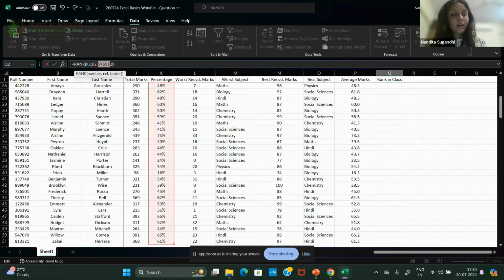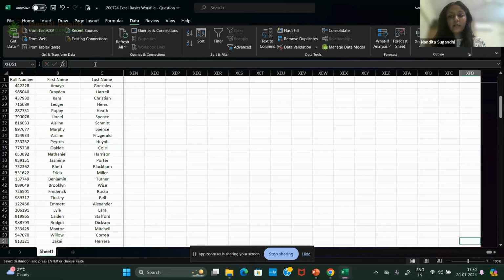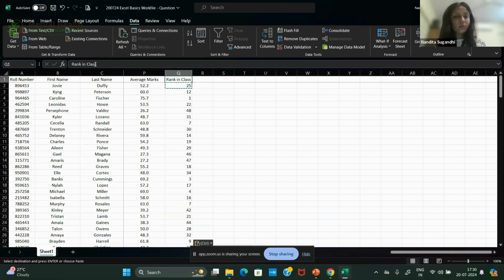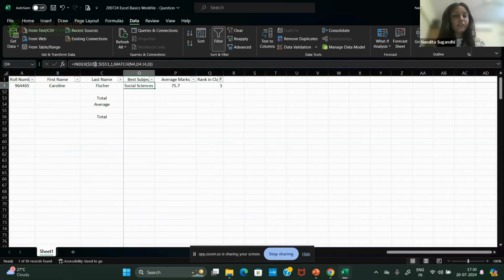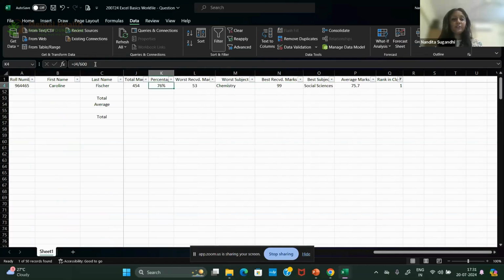I will have to make it a fixed reference as I move down, because my number of students is limited, and she is ranked 25th in the class. I copy and paste, and I now know who is number one, who is number 2. If I filter, Caroline Fisher topped the class with 99 marks in social sciences and a 76 percentage of average marks. So you can actually rank your data.